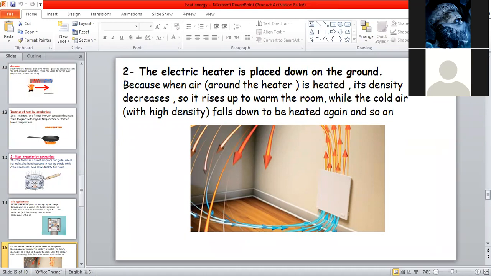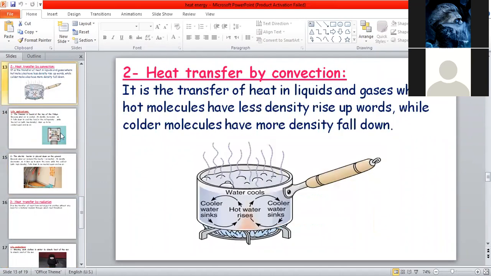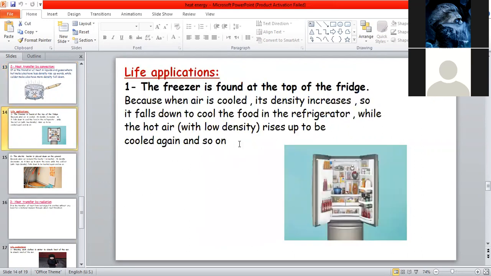Okay, again. Repeat this point again. This is a live application about heat transfer by convection. You have to put it in your head that hot air or hot water becomes less dense, so it rises up, and the cold one becomes higher density, so it falls down. So, live application number one: the freezer